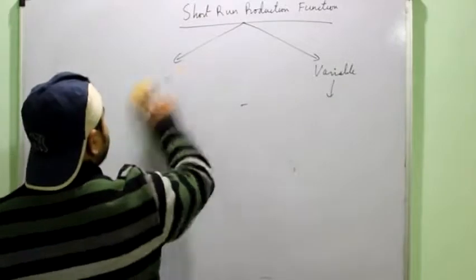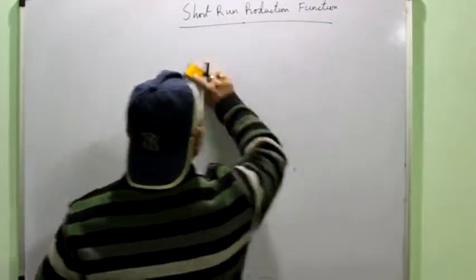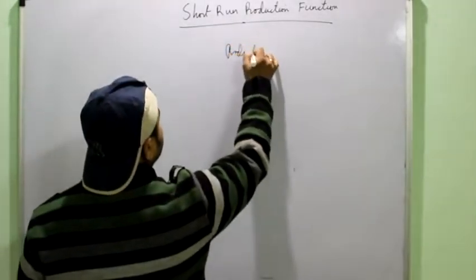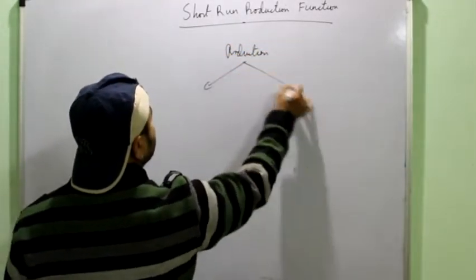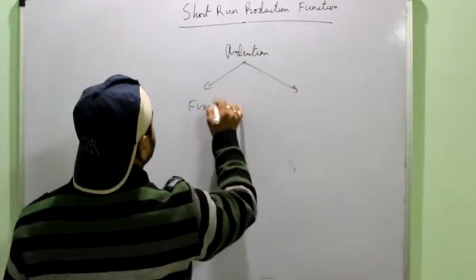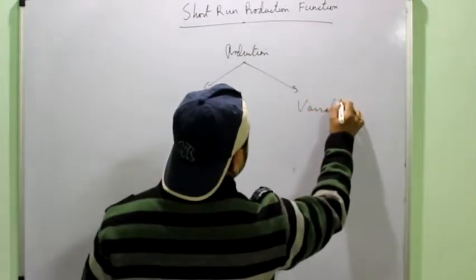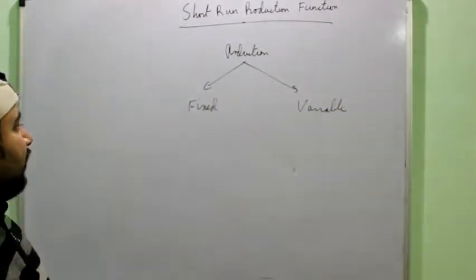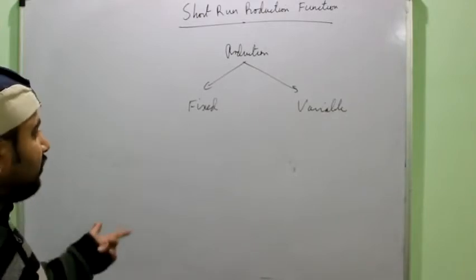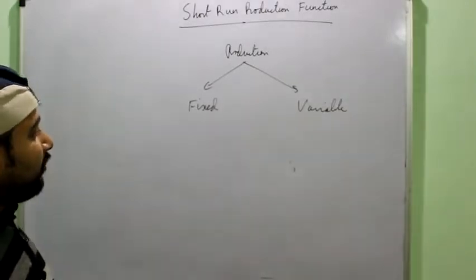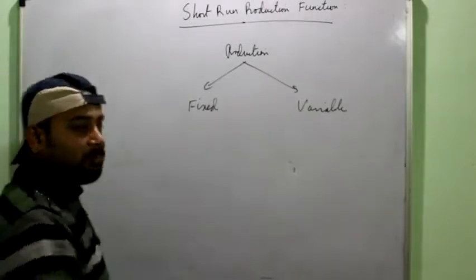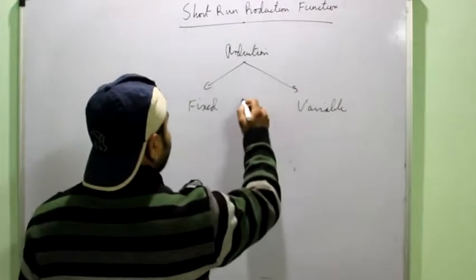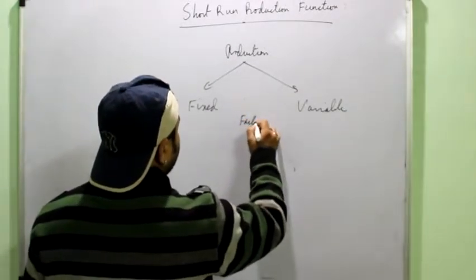Now we simply have to understand that both these variable and fixed factors, both are important for production. You need both the fixed factor as well as the variable factor. Combination of both will work. One single cannot produce anything, right? For example, if you have only machines, no labor, then also you cannot produce anything. While if you have only labor but not the machine, then also you cannot produce anything, right? Both are required.